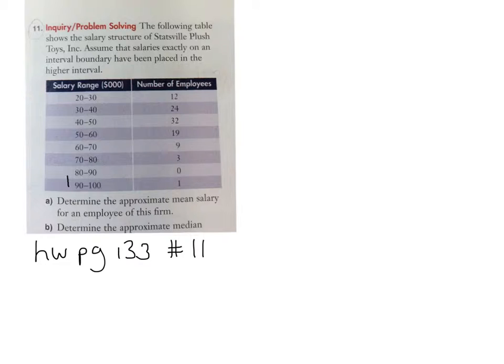So if you look at the first line, it says 20 to 30. It will refer to the $20,000 to $30,000 interval. Now, the first part of the question: determine the approximate mean salary for the employees. So to calculate the mean salary,